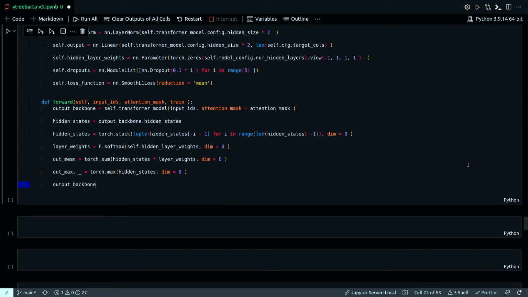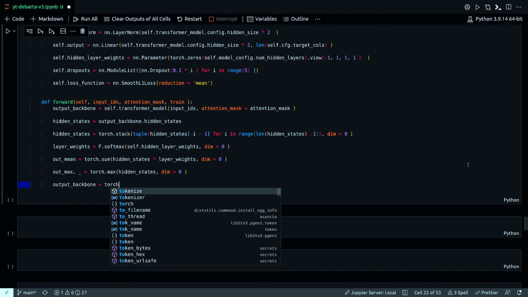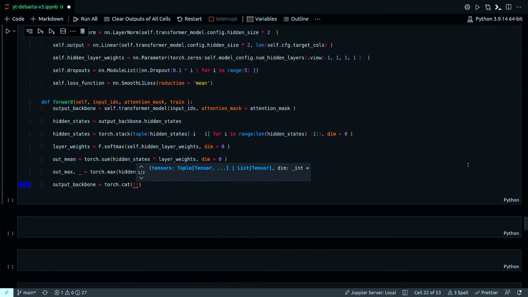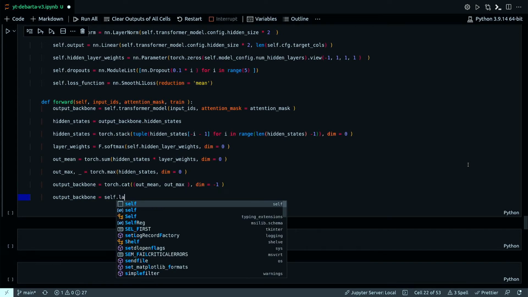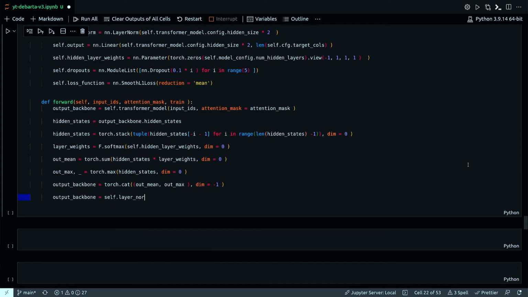Output backbone. Out mean and out max. And similarly backbone output backbone.